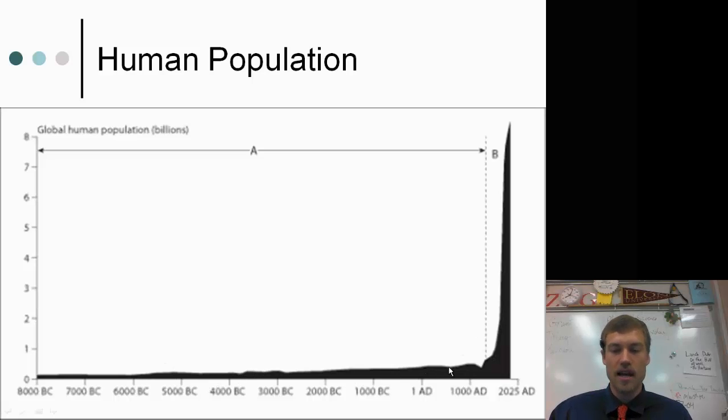But if you take a look at this graph, okay, you notice that there are some ups and downs, little dips here and there. And then we've got a huge dip right here. What do you think that is? That would be the Black Death, or the Black Plague, right? So diseases can have a huge effect on a population, right? It can completely wipe out large numbers of individuals